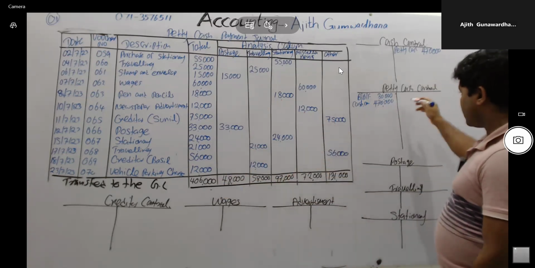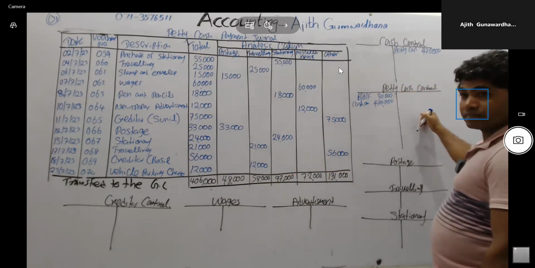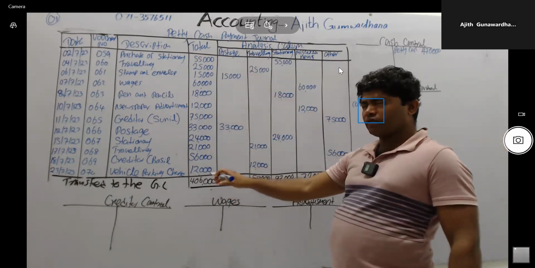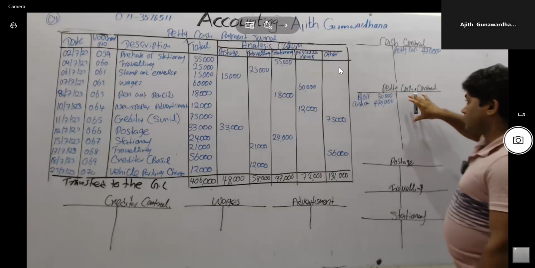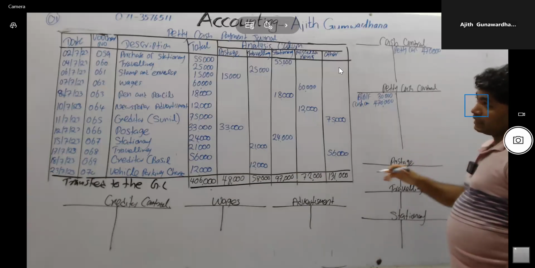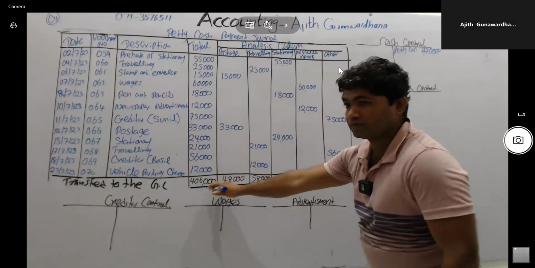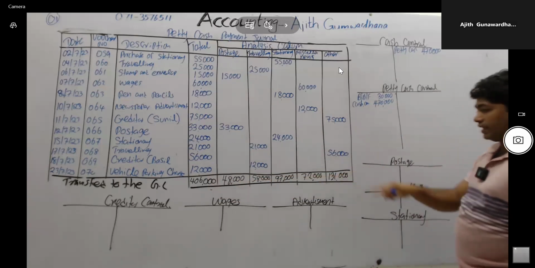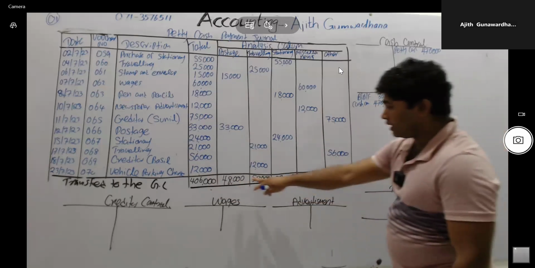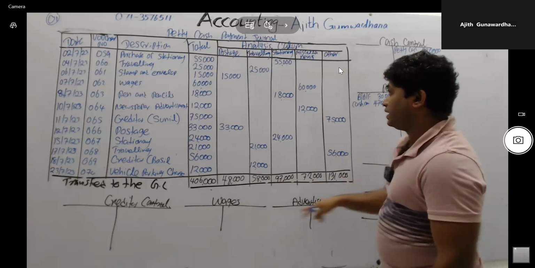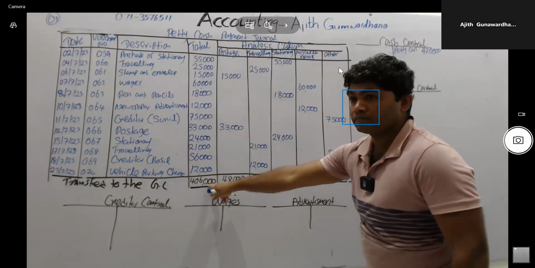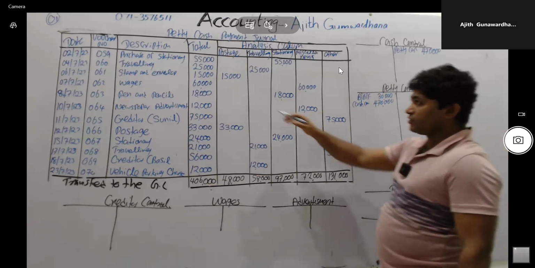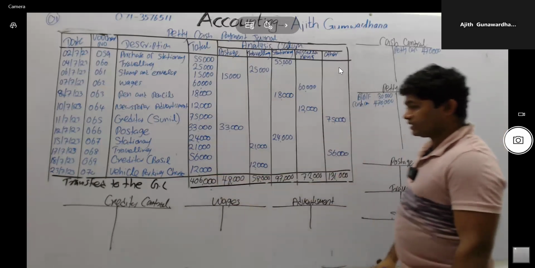Now, for maintaining the petty cash control, there are two methods. Total column total value can be recorded at once. Understand this well. Petty cash control account can be recorded by using two methods. The total column total value 406,000 can be recorded, or the analysis column total value also can be recorded. Either we put the total of these separately, or we can put the total of the total column, like the cash control. Right. I will prepare both methods.